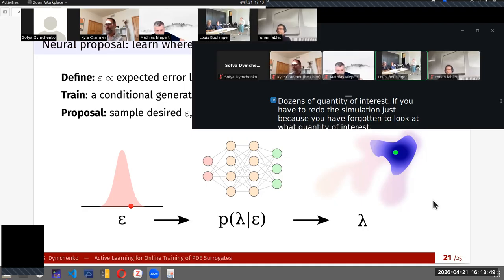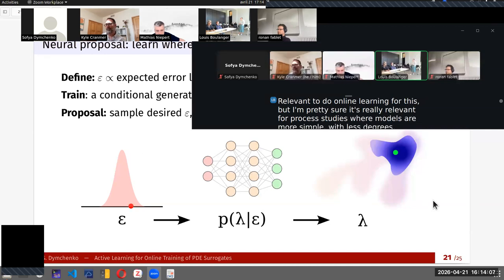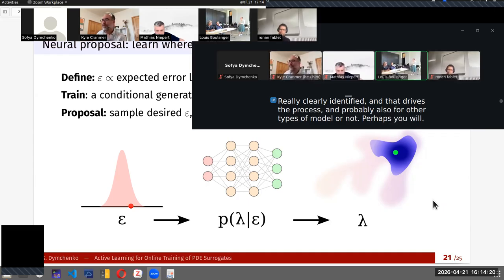So I'm not sure it's really relevant to do online learning for this, but I'm pretty sure it's really relevant for process studies, where models are more simple, with fewer degrees of freedom and a few parameters that are really clearly identified and that drive the process. And probably also for other types of models, Ronan, perhaps you will agree, like ocean